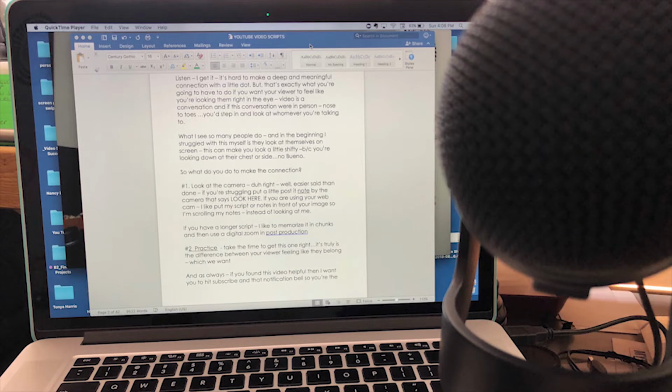So you want to make sure, on my laptop, it's a little green dot. You want to make sure that you're looking at that little green dot. If your inclination on your laptop is to look at you instead of the camera, put your script in front of yourself. So I have my script in a Word document and I just put it right over my face. That way, if I find myself kind of going down, I'm like, oh, no, come on back up and look at the camera, right? Or if you're using your phone, it's even a little more confusing. Obviously, we want to be filming this way. Right? The camera is here. Right? That takes a little bit of work to get used to,